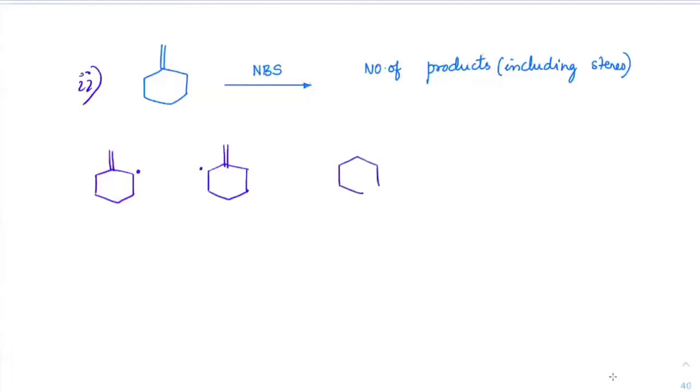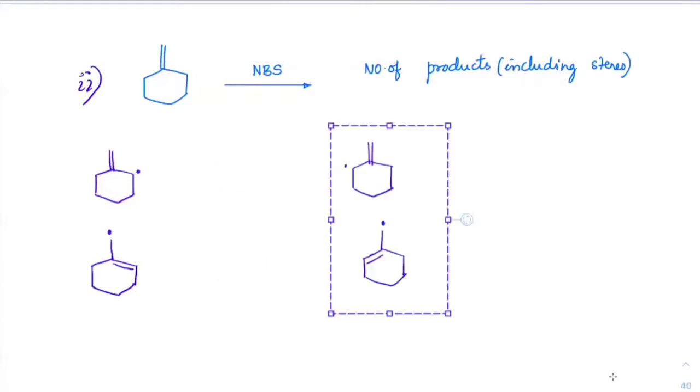And after that, you bring that double bond here, because with respect to this, I can make resonance stabilization here. So I can push the double bond here, so the radical will come here. Again, this is allylic. Here also, we will get allylic on this side. This is allylic. So these are four possible radical forms which I can get. With respect to that, we will see how many products you can get.